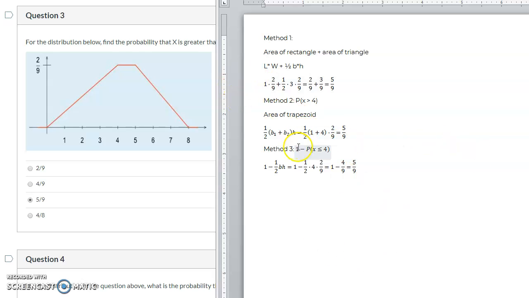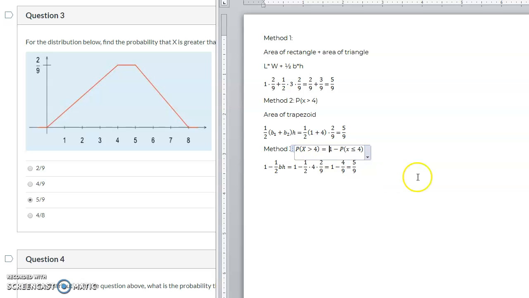The third method, which is probably the simplest, is sort of what Rivka said about that one complicated one where I broke my brain. I could just figure out the other side, right? Trapezoids and composite figures are gross, and they are. I can see that 4 and above gives me this gnarly shape that is a little more confusing, but 4 and below, well, that's just a normal triangle. That's awesome. So if we want the probability that x is greater than or equal to 4, or just greater than 4,